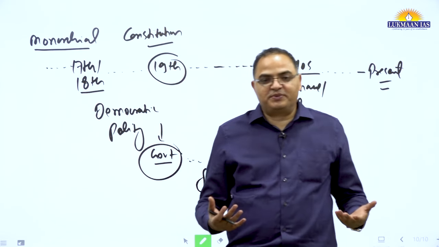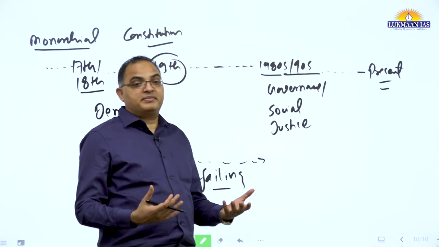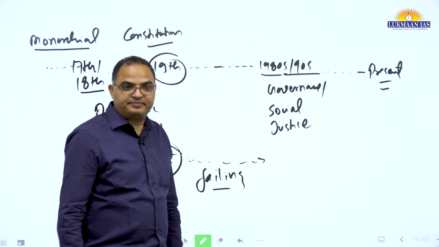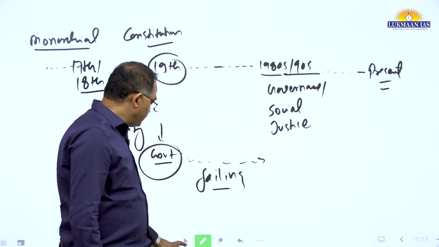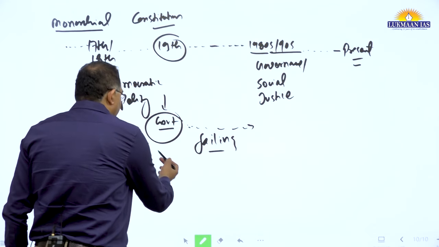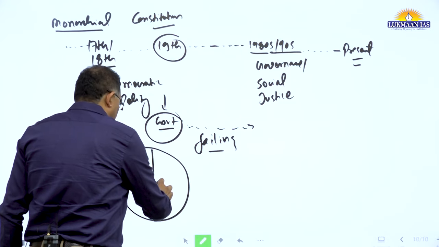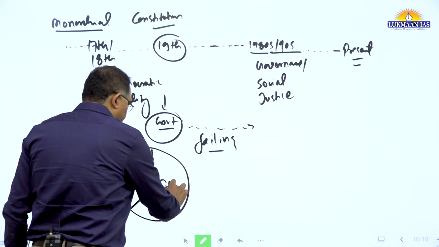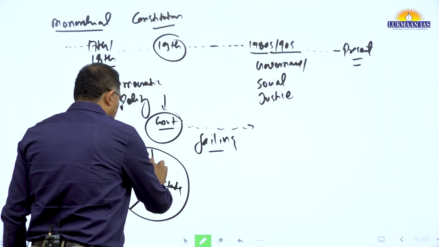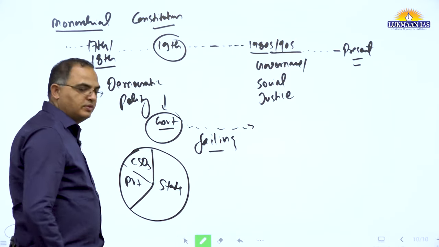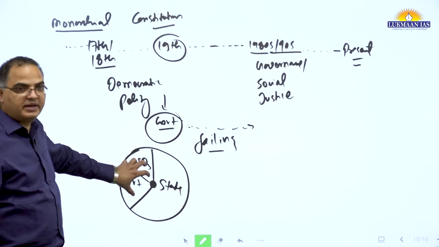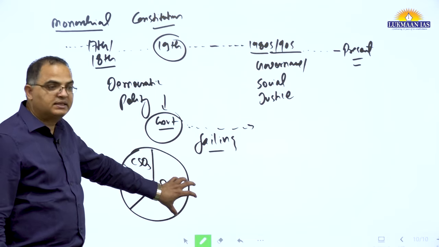A new set of philosophers comes, new ideas come, and they started saying that the state should change itself. What should change? Basically, here the state was doing everything. If you take this relation, this is called the state, this is called the private sector, and this is called civil society organizations. The role of the others remained very limited. Everything was done by the state.